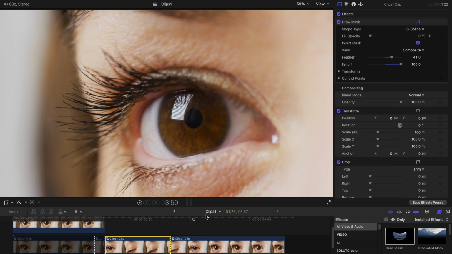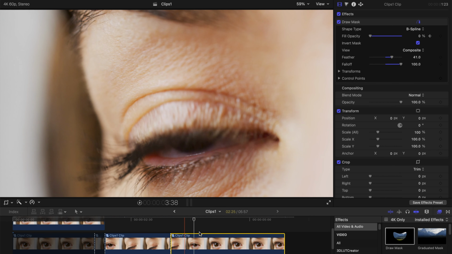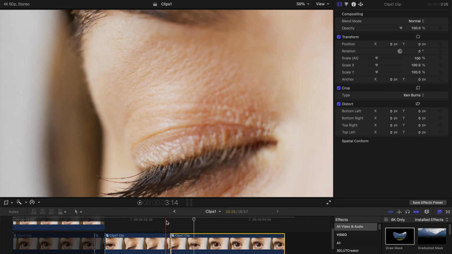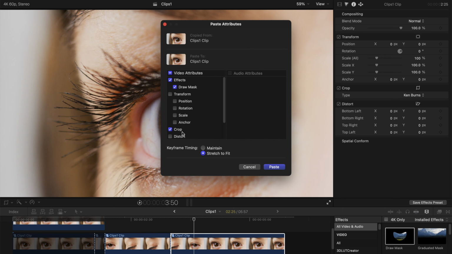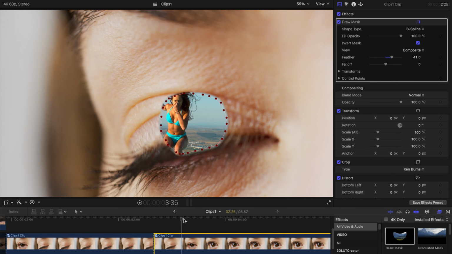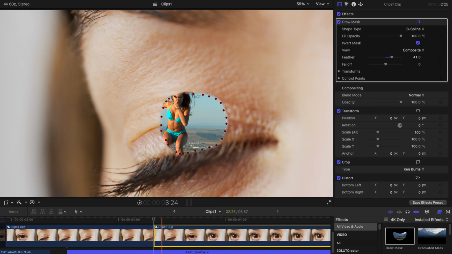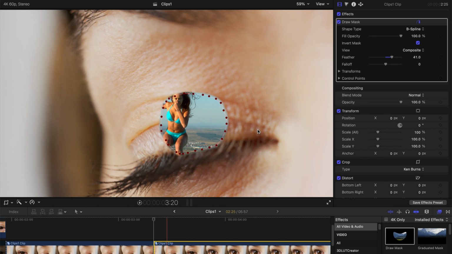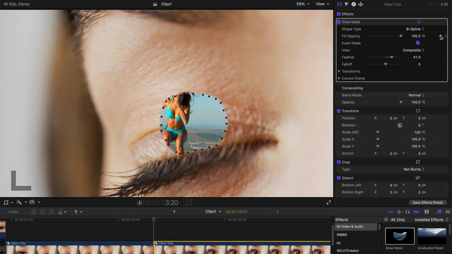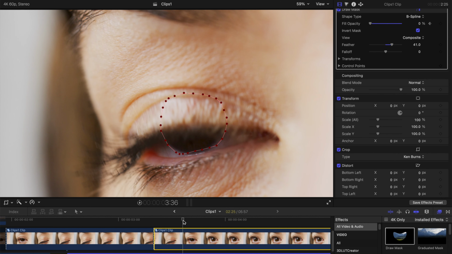Yep, and for this part I'm just going to duplicate this draw mask as well, and then from here obviously I need to change both the fill opacity and the actual opacity of the clip. So basically I'm just going to drop it to 0, and as it starts to